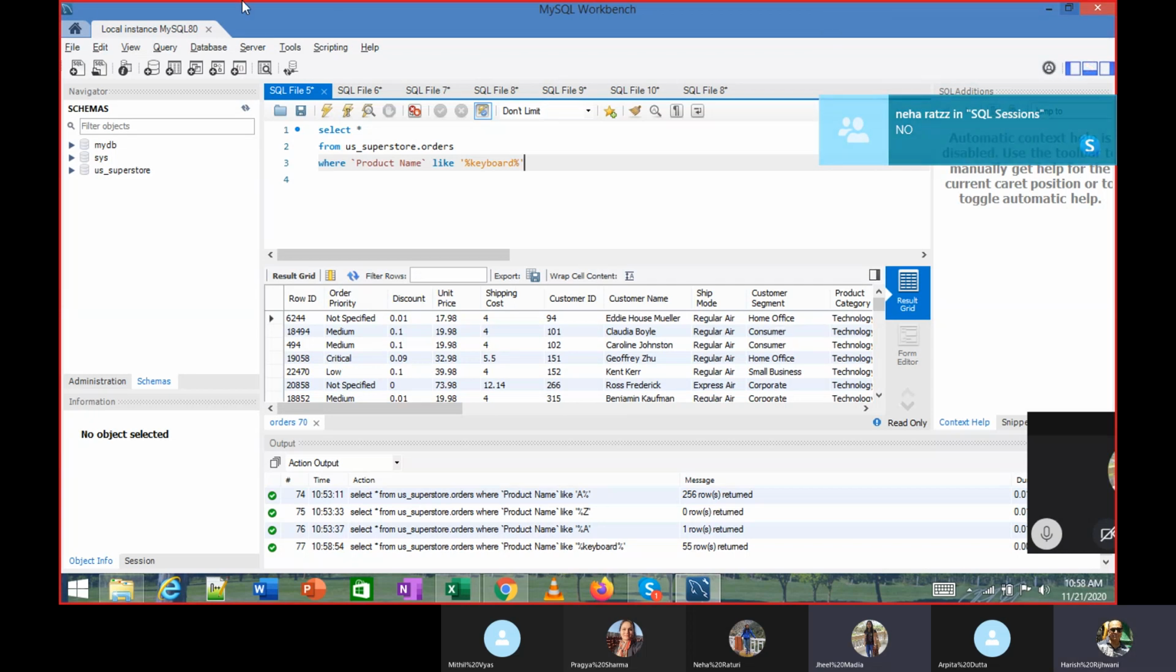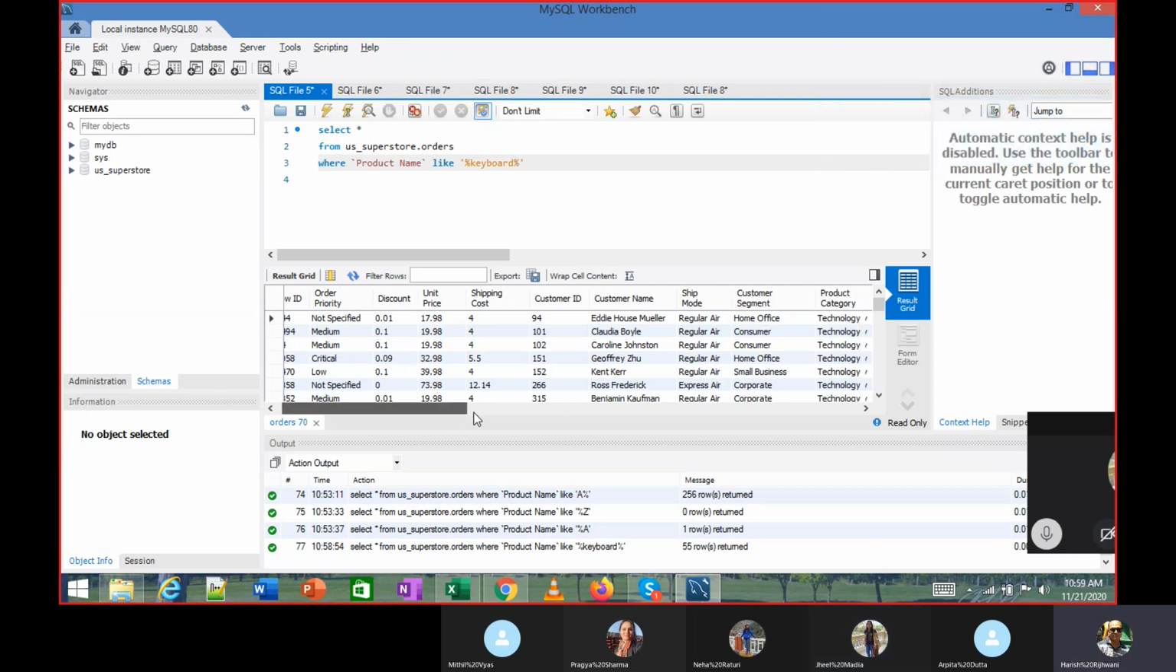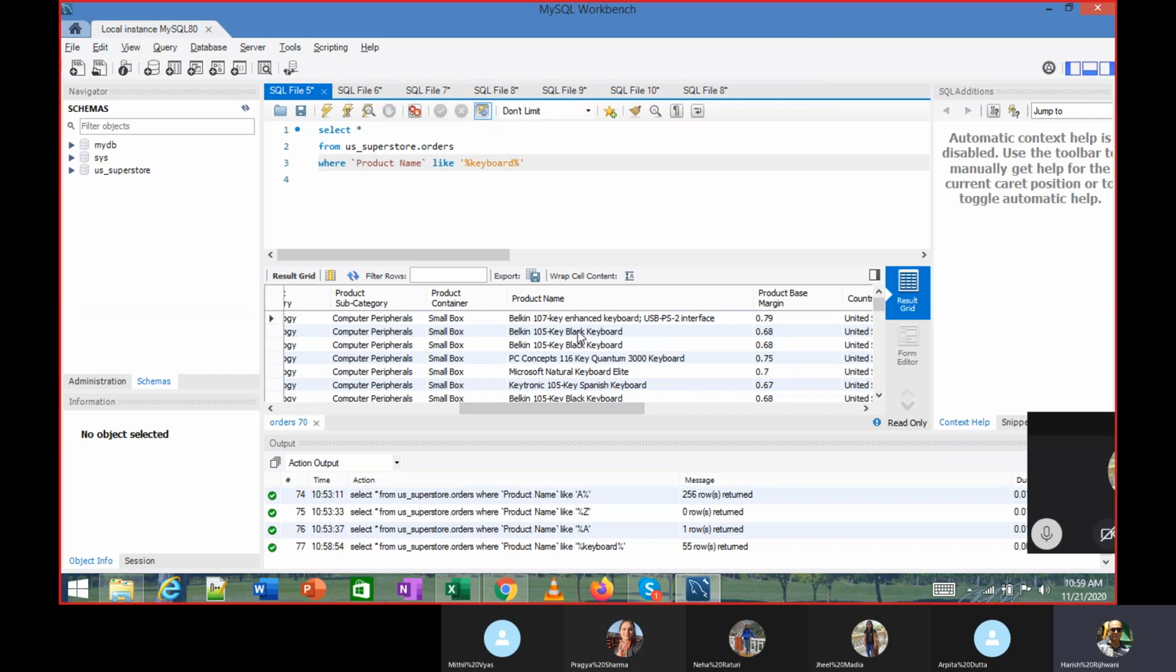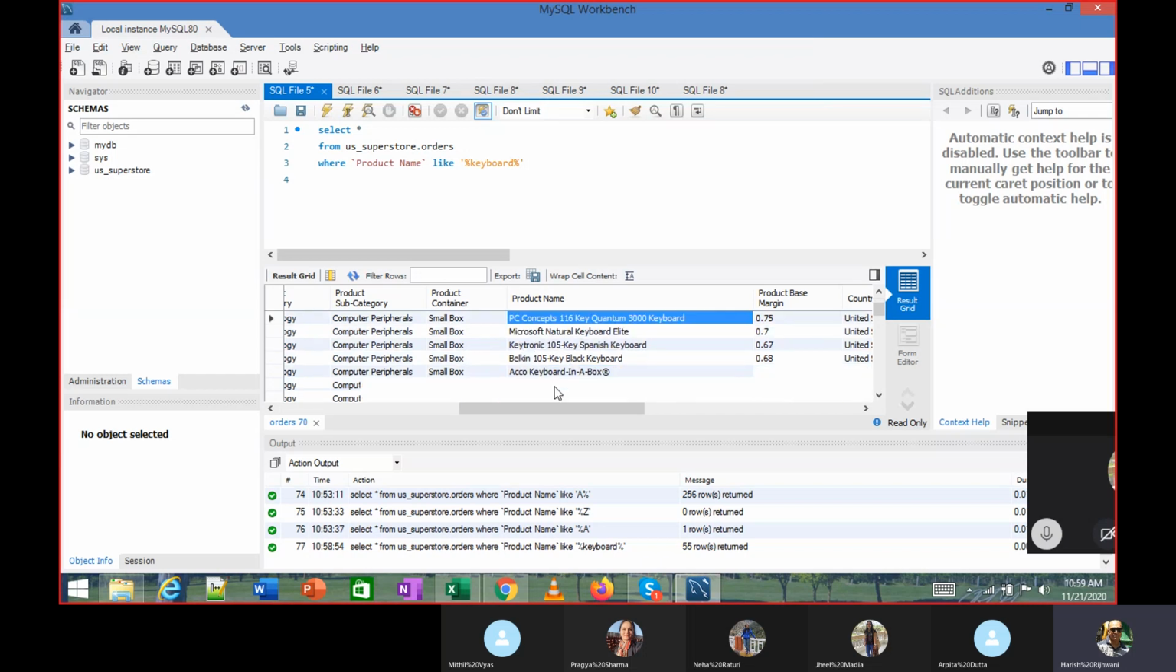So see, these are the keyboards which you have. Now what is the ask? I want to find out keyboards which are from Belkin. So I want to find out these keyboards which are from Belkin. So I will write, did you get the first aspect? WHERE product name LIKE keyboard